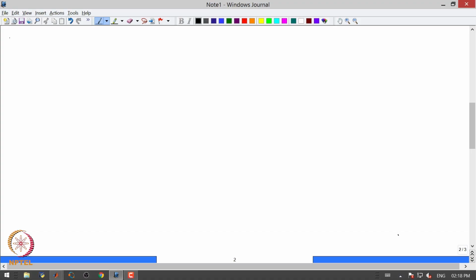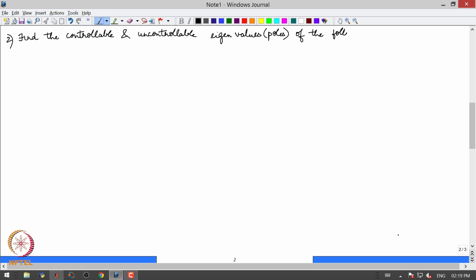So, going into the second problem. In the second problem, we are asked to find the controllable and uncontrollable eigenvalues, which are nothing but the poles of the following system. x dot equals Ax plus B u, this is the A matrix, and B is 1 1, that is a single input. And then after finding out the controllable and uncontrollable eigenvalues,